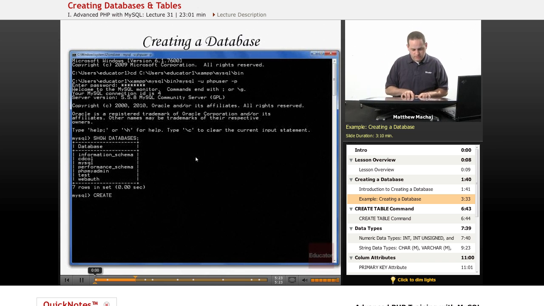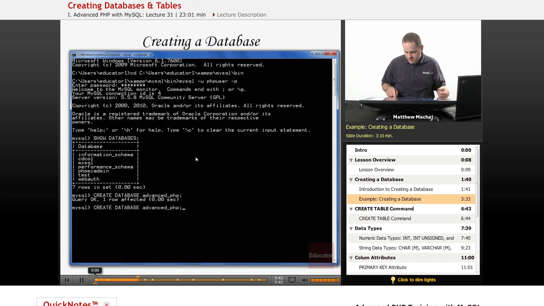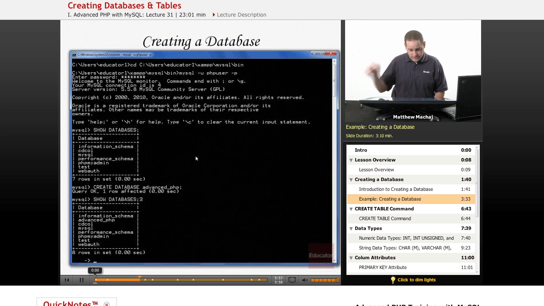Now we're going to create our advanced_PHP database. We type create database, the name that we want to give to it, which is advanced_php, followed by a semicolon, and then hit enter. It's going to say Query OK, to let us know that the command was successfully run. One thing you can do is use the up and down arrow keys when you're on the MySQL prompt, and it's going to let you scroll through previously entered commands, which can save you some typing. Because we typed show databases as our last command, if I hit the up arrow once, it's going to populate the command prompt with show databases. So now when I enter it,